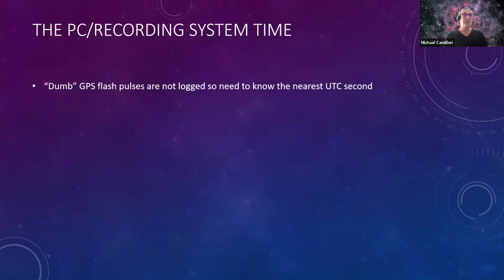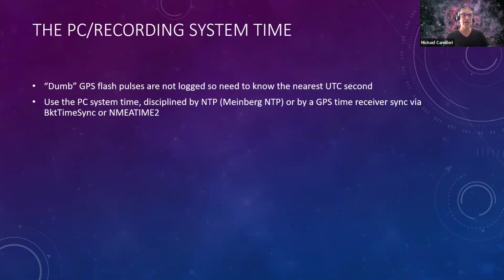So with the dumb systems, they do not log the time. So you need to somehow find out where the nearest UTC second is. To do that, you have to discipline the system time. You can use NTP, you can use a GPS receiver with BktTimeSync or Meinberg NTP. There's a few different ways of doing this. The main thing is that you need to,